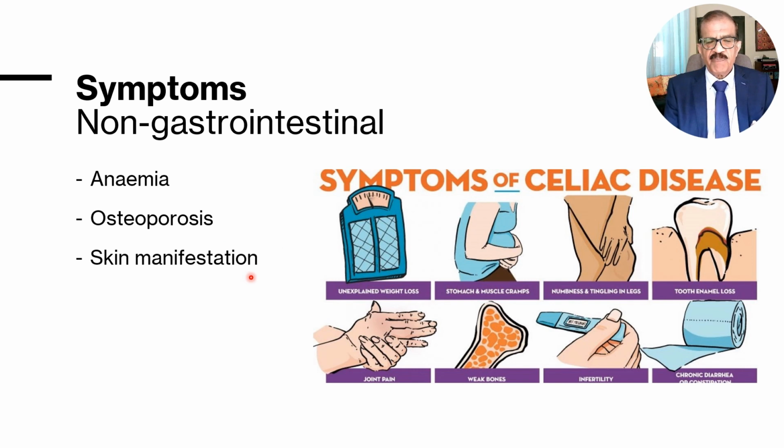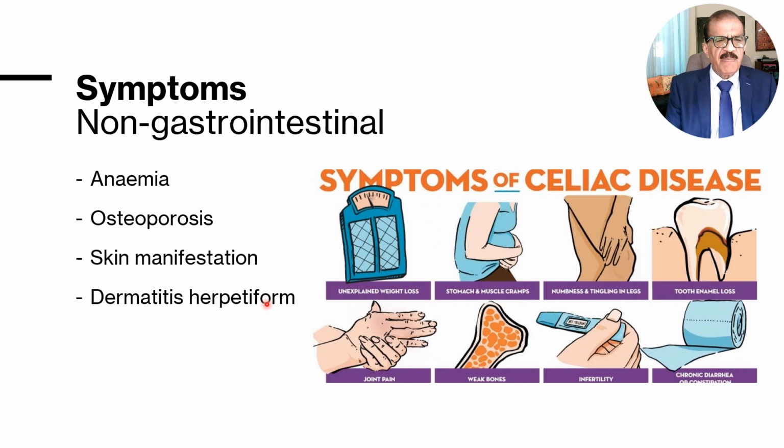Skin manifestation, there's a typical lesion called dermatitis herpetiformis that may be seen in some patients. Other patients would have pallor because of anemia. Dermatitis herpetiformis mentioned. Then vitamin K is required for clotting factors, and severe